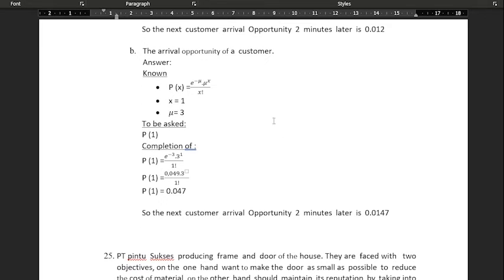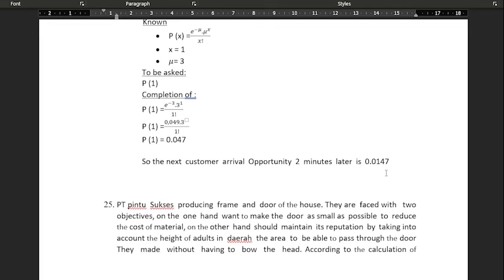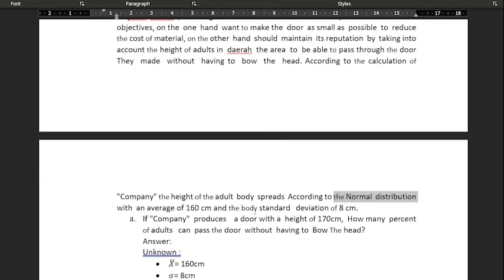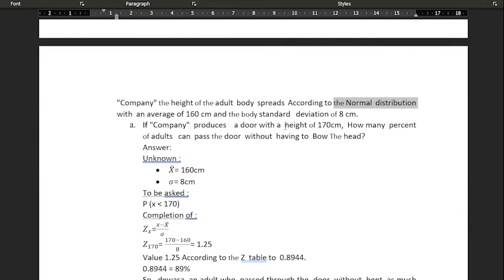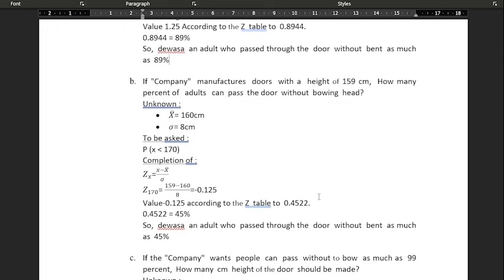And for B, we use the same formula, the distribution equation. We just change the numbers according to the required question, and the answer is 0.0497. For number 25, there's a question like this, and we can use the normal distribution here. We just use the formula of the normal distribution, implement the numbers, and the answer for A is 89%. For B, we use the same formula, just changing the numbers according to the question, and